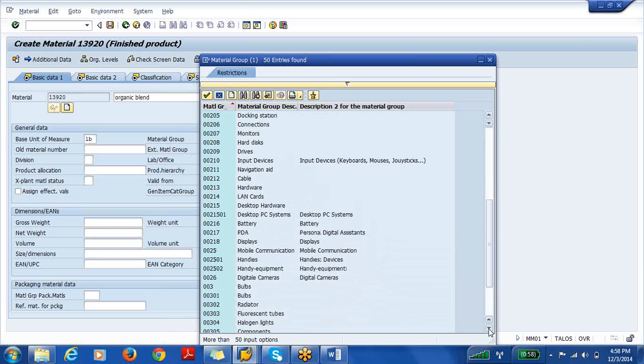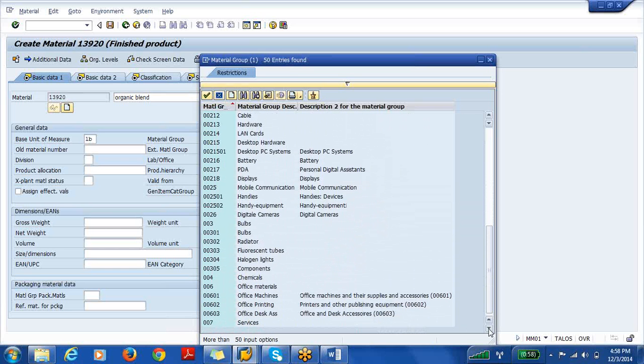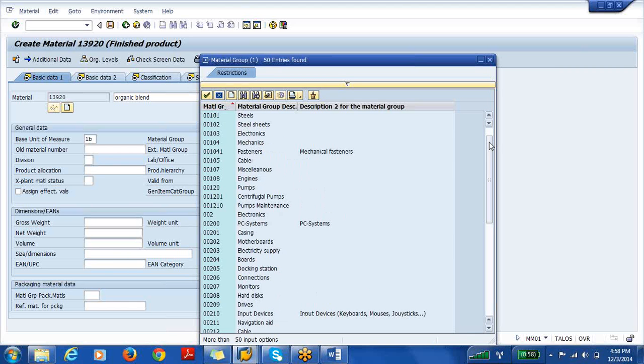So let's see if I see any food items. Definitely I would like to club it as a food item. I don't see any food items here, so I would say miscellaneous. Is there any food item? These are all the electronics, boards,